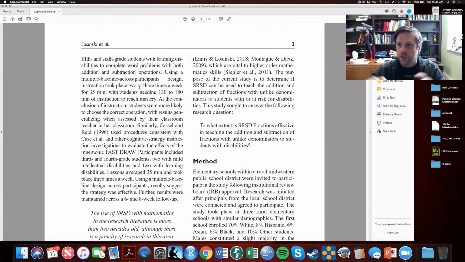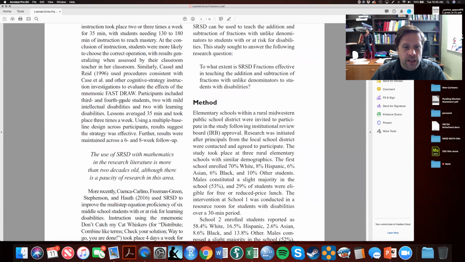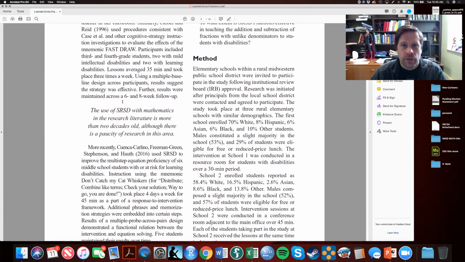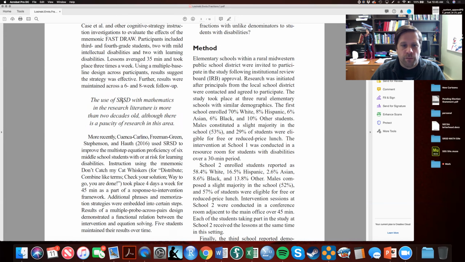And so there have been a couple of studies that have shown this, but it's been in sort of offshoots. So SRSD has been used for word problems a couple of times. It's been used for this a couple of times, but it hasn't been used as an instructional strategy to teach fractions specifically. And so that's what this paragraph sort of does, is it leads us to this purpose statement,